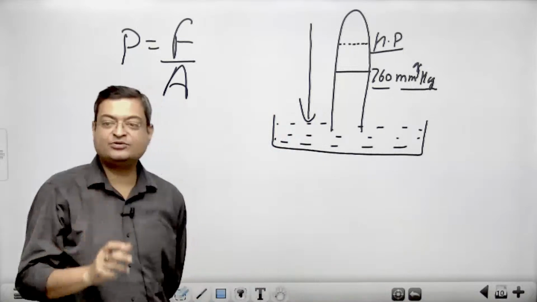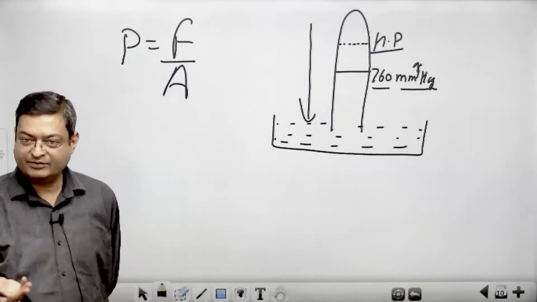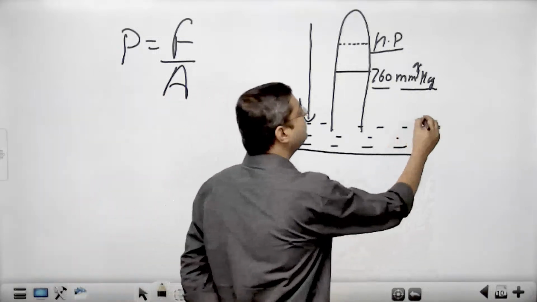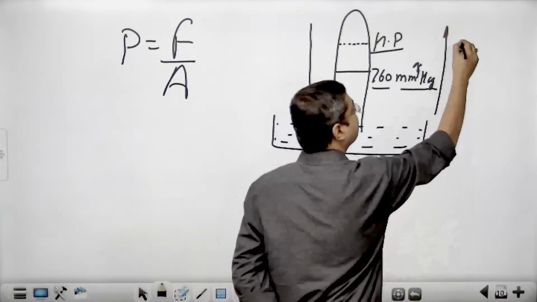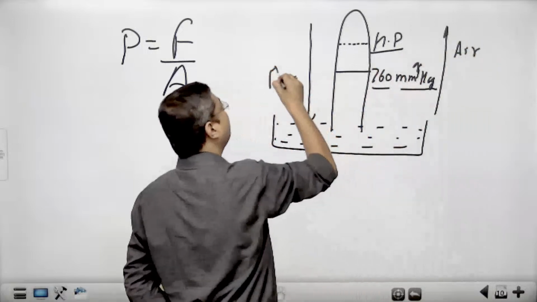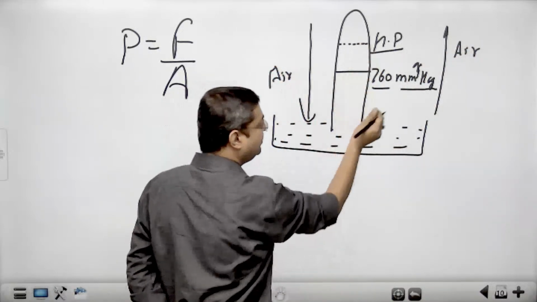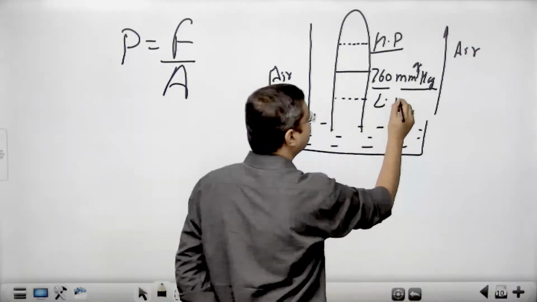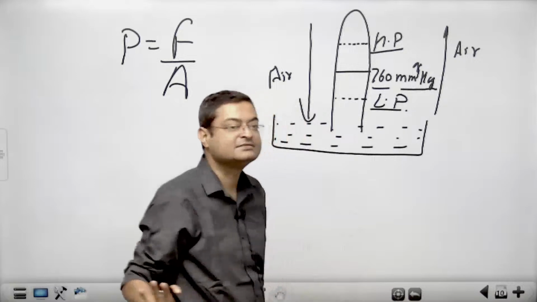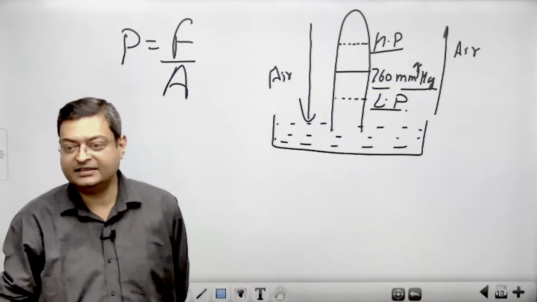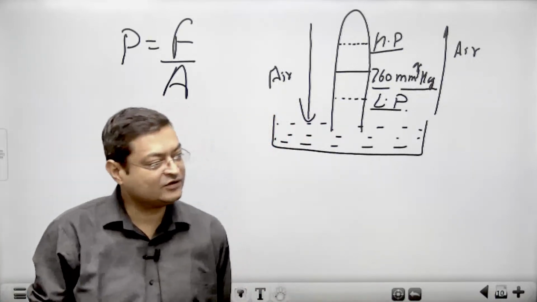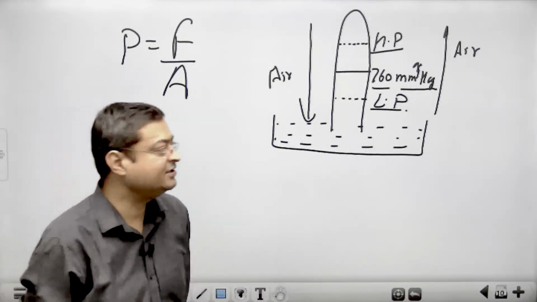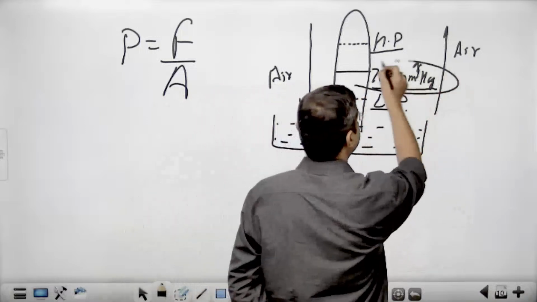If air is going to become warm, it becomes light and rises upward. If air is rising upward, what is going to happen? Mercury column will decrease. This is your low pressure. That's it. Anything below 760 is low pressure, anything above it is high pressure, and this is your normal pressure condition.